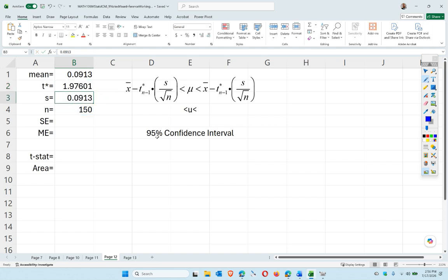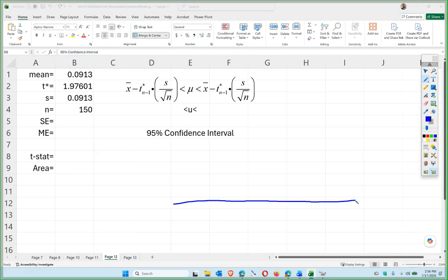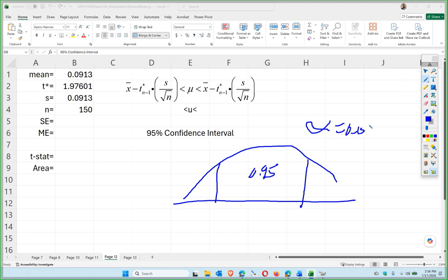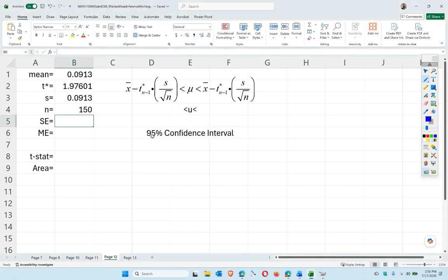And why is that? Well, it's a 95% confidence interval, correct? 0.95, which means alpha is 0.05 for the confidence interval, which means I have 0.025 on either side, correct? So from here to here is 0.975 to get my t star, or alpha divided by 2, essentially. Okay, so my standard error is the standard deviation divided by the square root